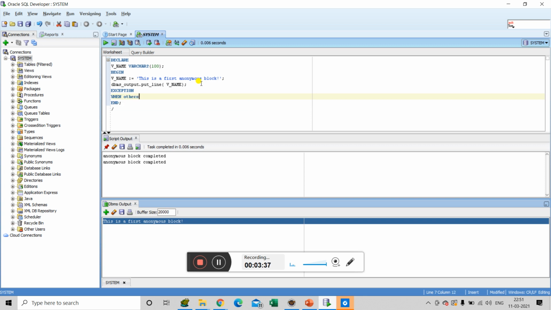So I'm going to use others here. It will say when others, then print any output you want, like error has occurred.